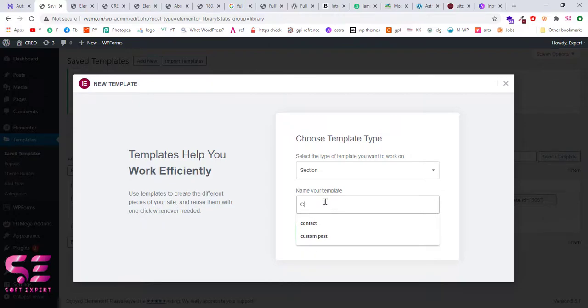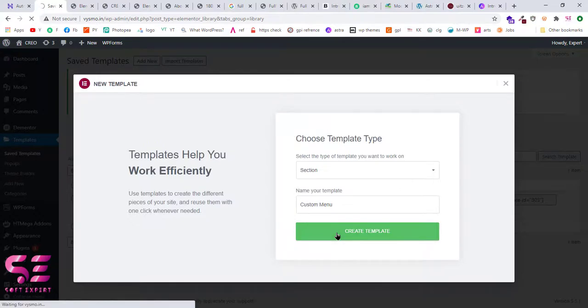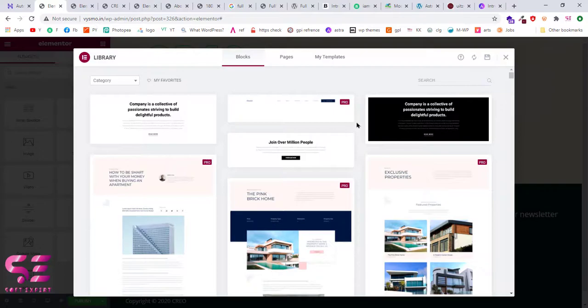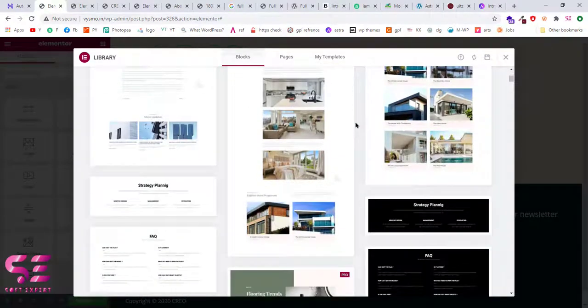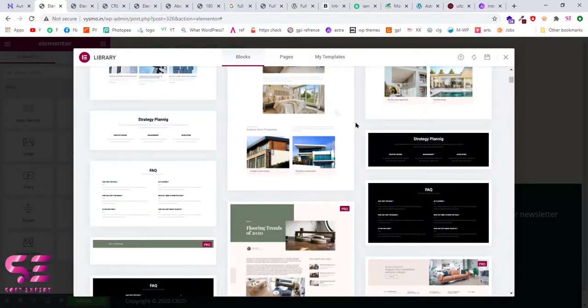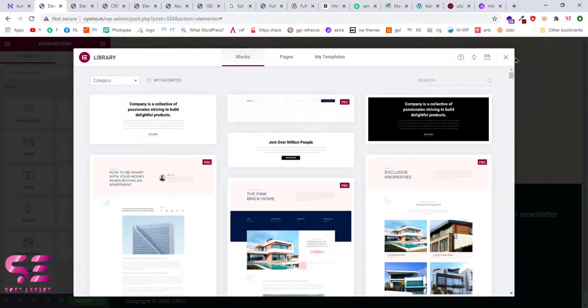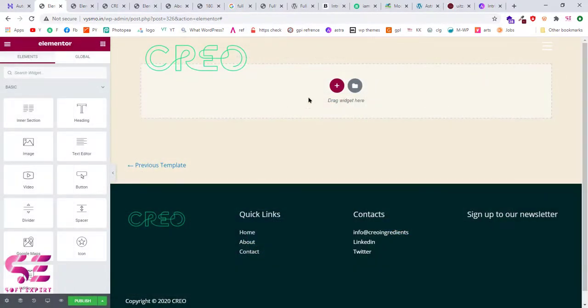So I will write custom menu. And now here Elementor will show you some default sections that you can use. You can choose any of these, but we are creating this from scratch.